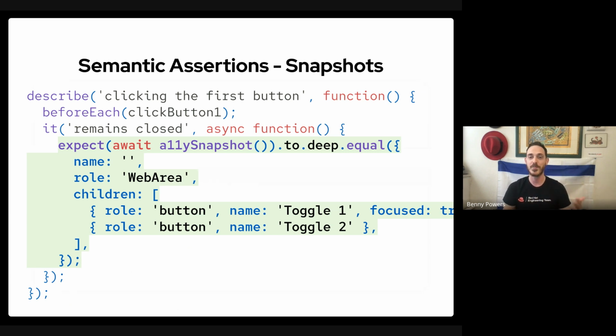On the one hand, it's great because it's very comprehensive. On the other hand, you have the same kind of maintenance issues that we talked about before, as you have to constantly be updating this expected accessibility tree copy, right? So what we've developed on our team at Red Hat and the design systems team is